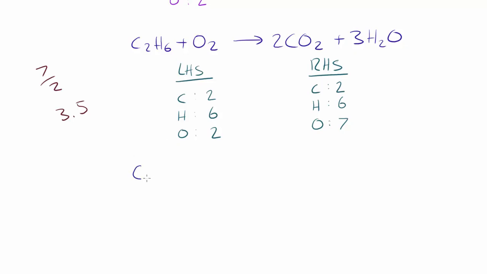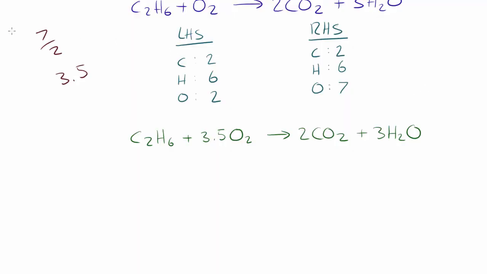So if we do that, I'm going to use something a bit different. I could just use green. C₂H₆ plus 3.5 O₂ produces 2 CO₂ plus 3 H₂O. Okay, and as you can see, we did not change anything on the right hand side, right? It's the same as the prior equation, so the numbers will be the same, right? So if we just write that out quickly,